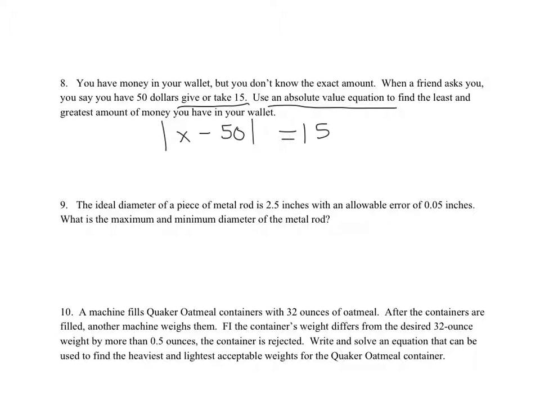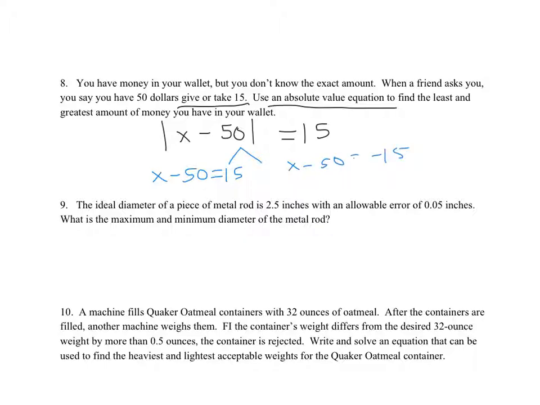So if you have 75 minus 50, the absolute value of that is 15. 75, or not 75, but 65. If you have 35 minus 50, you're going to get negative 15, which is still in here. So if I solve this, I'll have x minus 50 equals 15, and x minus 50 equals